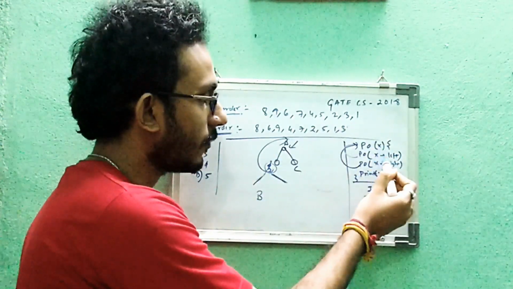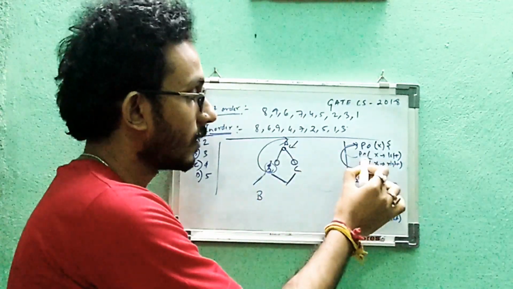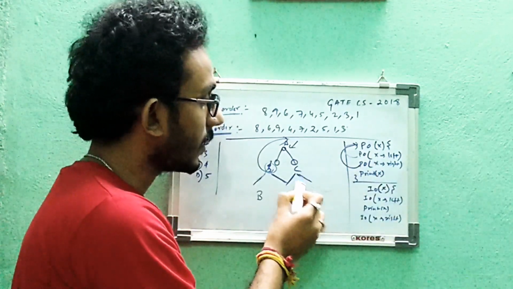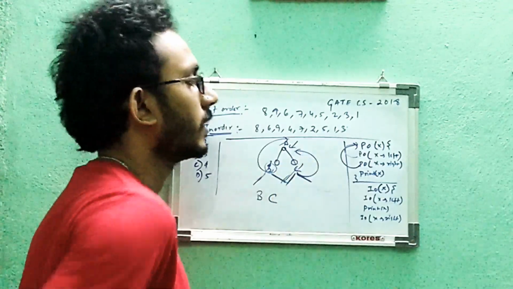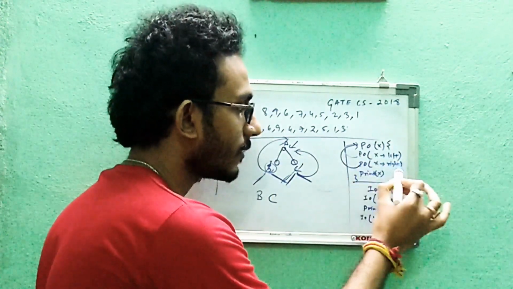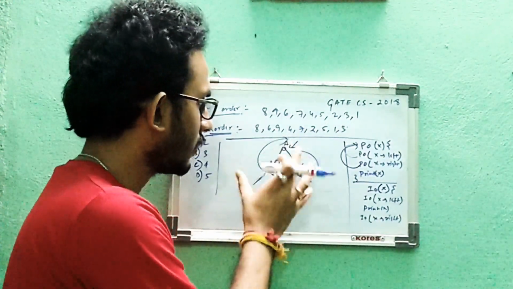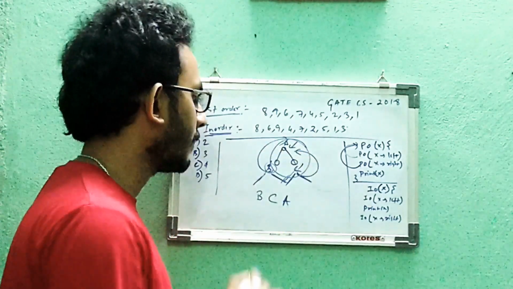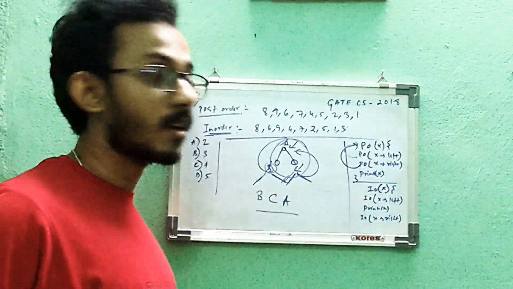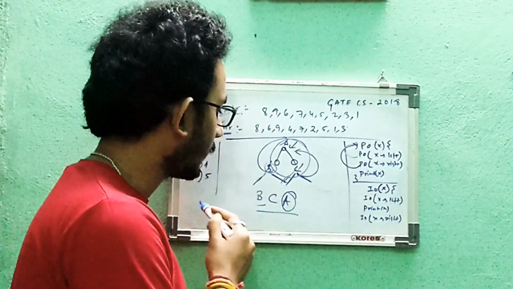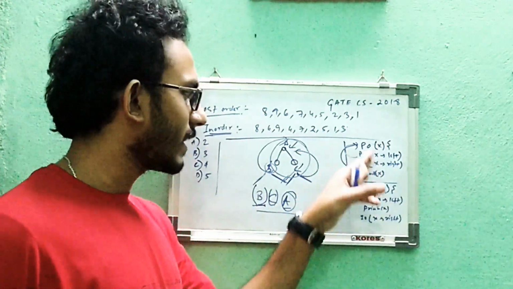So now C of left, there is nothing in the left of C. Then right of C, there is nothing in the right of C. Print C. C will get printed. Now C will also give the control back to A. So for A, this line was executed, this line was executed. Now print A. So A will be printed. So by this small tree, just by taking 3 nodes at a time, we see that the node on which we run the post order traversal will be printed at the end, and first the left child will be printed, then the right child, and then the node, just like the algorithm says.